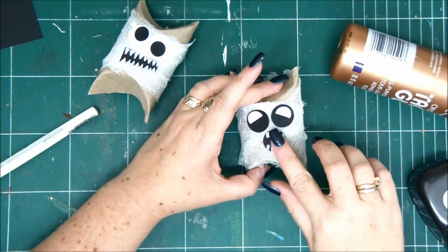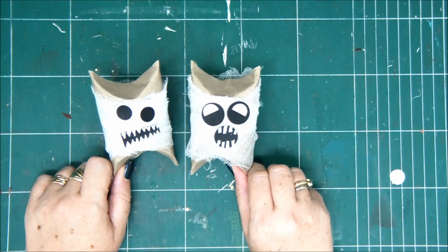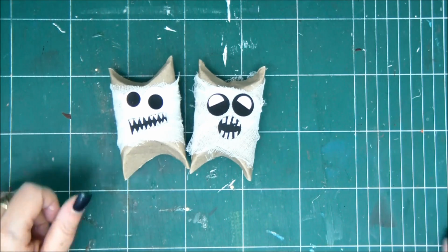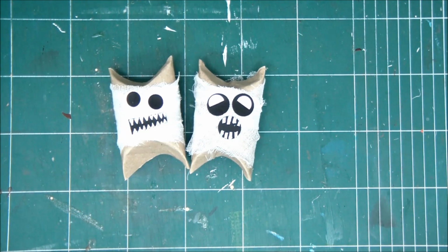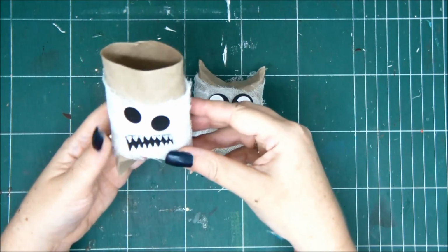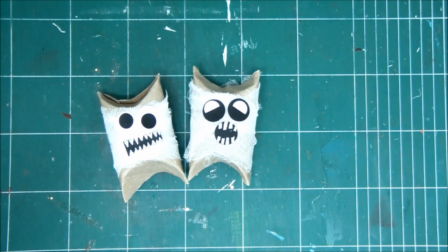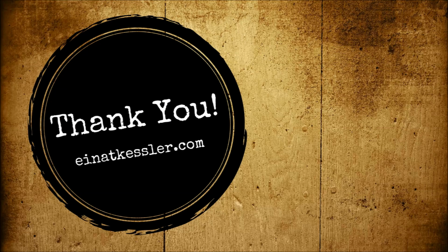And for the other mouth, I'm just going to punch one black circle, the 3/4 of an inch, and draw some teeth on it, again with the white gel pen, on the top and on the bottom. And you can come up with all different designs for the mouth and the eyes, and you can add more stuff if you want. So there are our two mummy mini favor boxes, and of course you can